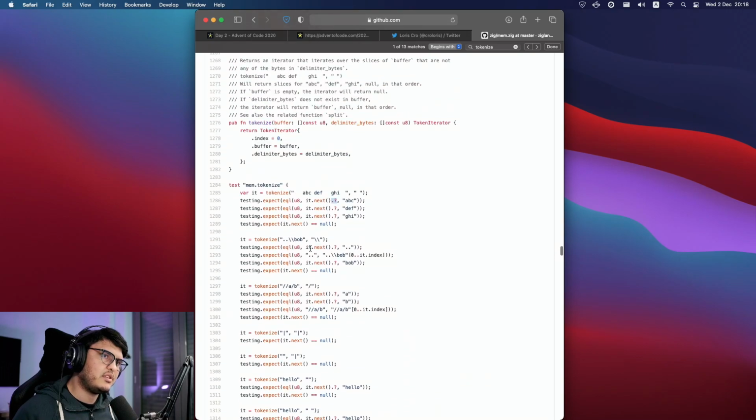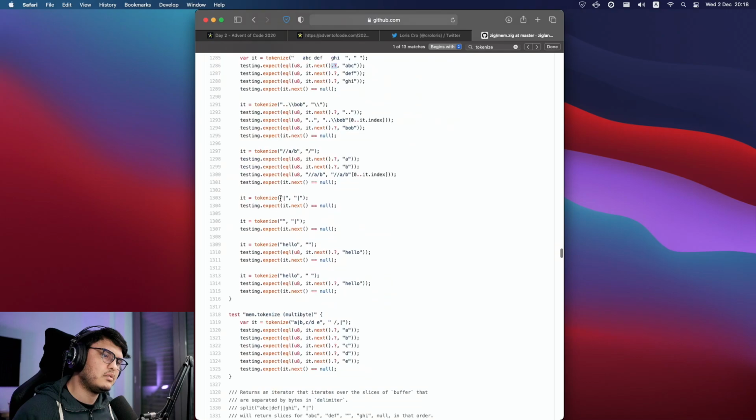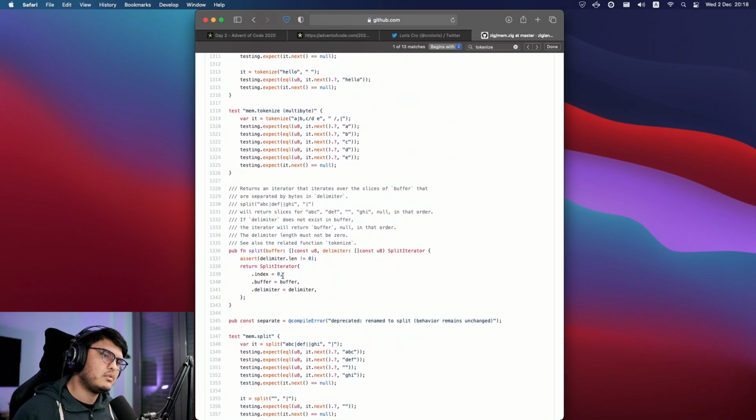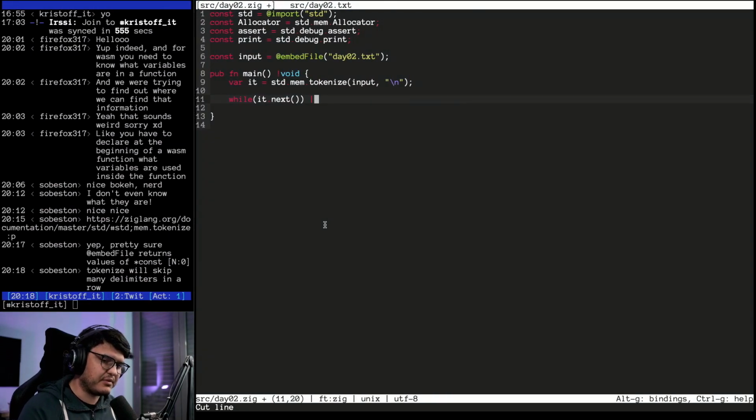So what's the difference? Tokenize will skip many delimiters in a row. I see. I think in our case it doesn't matter much. I think we can assume that it's a well-formed input.